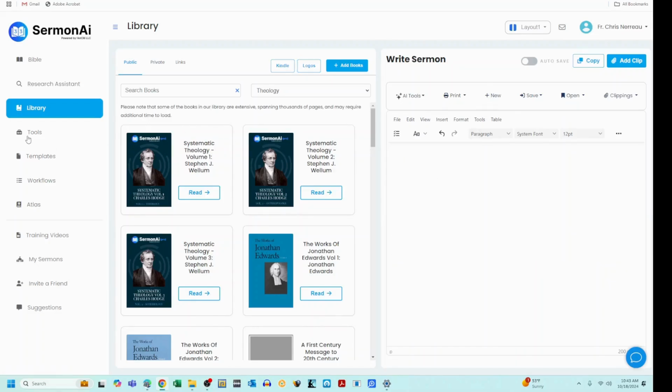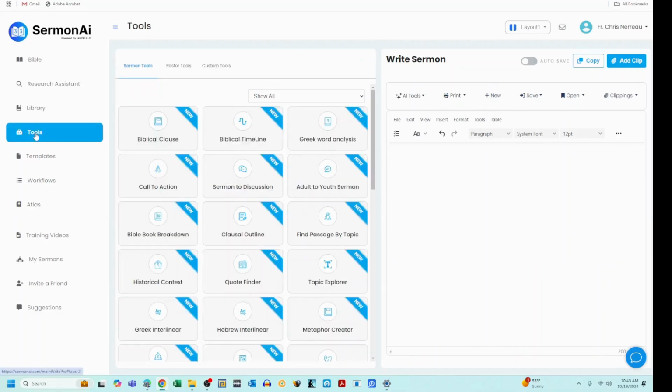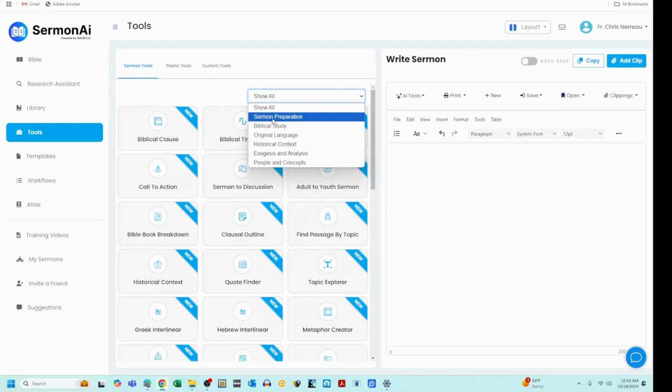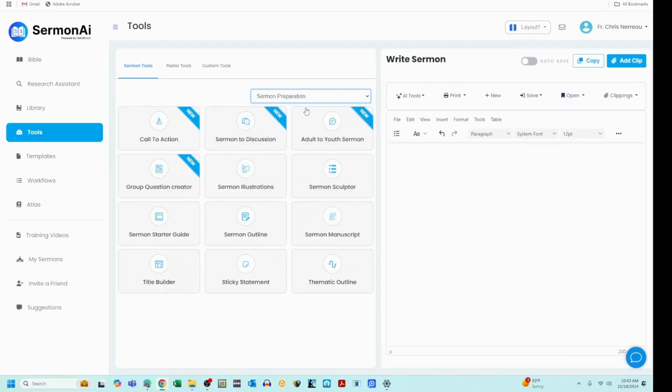Continuing on, now we'll go to our tools. These are all research tools, pre-built, predefined, just for you. And all these tools can be sorted right here. So if you were doing sermon preparation and you only wanted to see the sermon preparation tools, or maybe you're